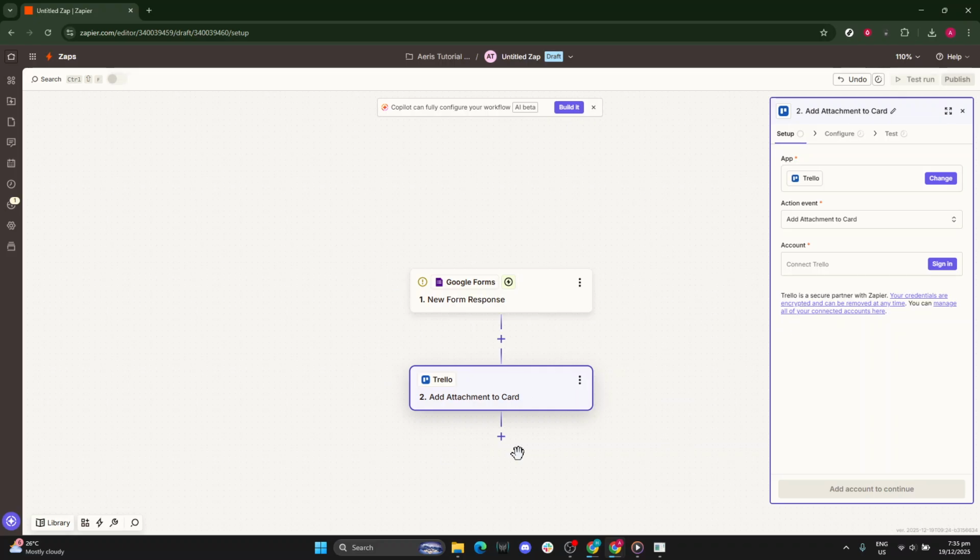From here, Zapier will guide you through the remaining on-screen steps to finalize details specific to your setup. If anything doesn't appear as expected, double-check that you're logged into the correct accounts and that the necessary permissions are granted. And that's it. Your core Zap is ready to turn form activity